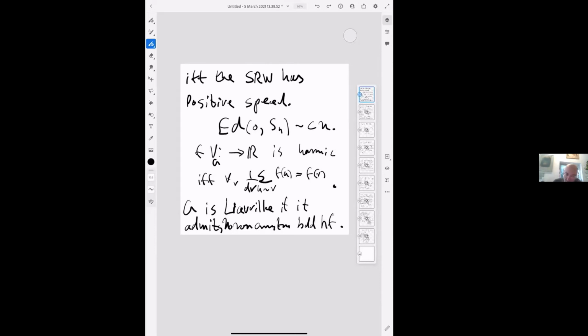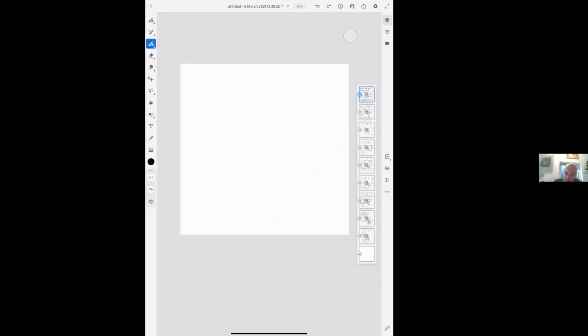Now, Kaimanovich-Vershik gave this criterion: on a Cayley graph, or for a finitely generated group, with respect to the averaging of the random walk operator, the Cayley graph admits non-constant bounded harmonic functions if and only if the random walk has linear speed,